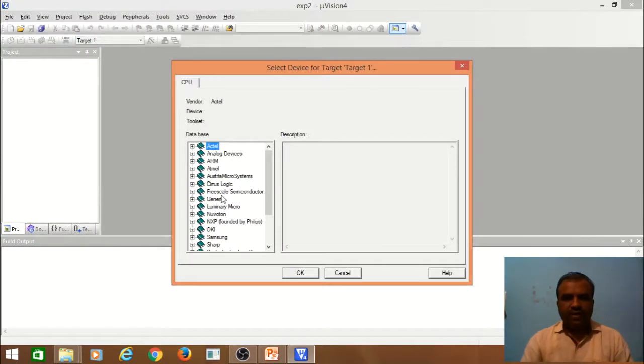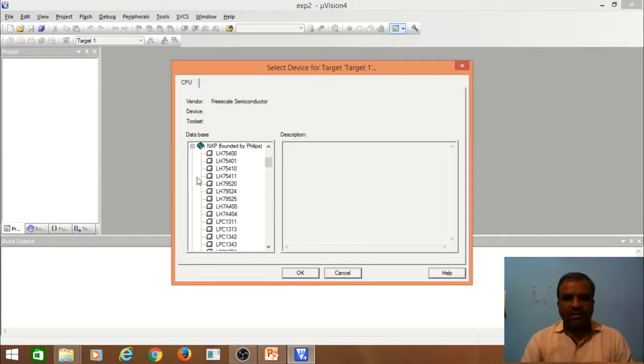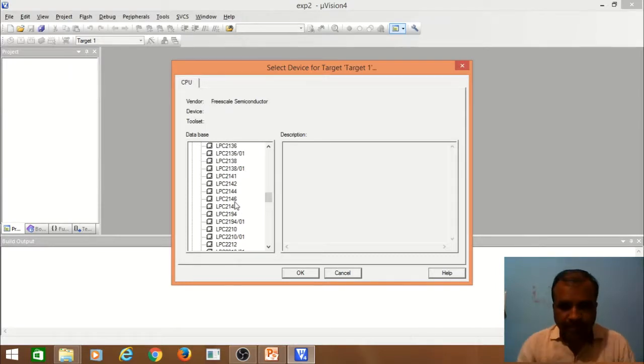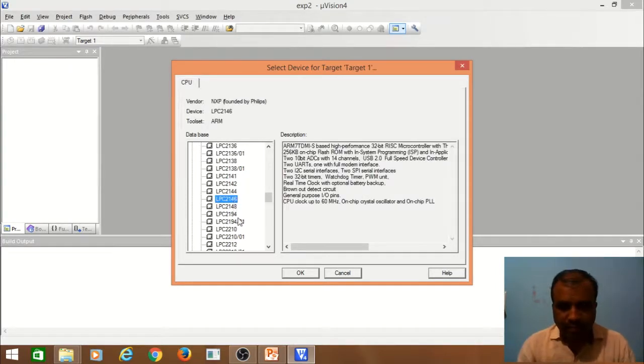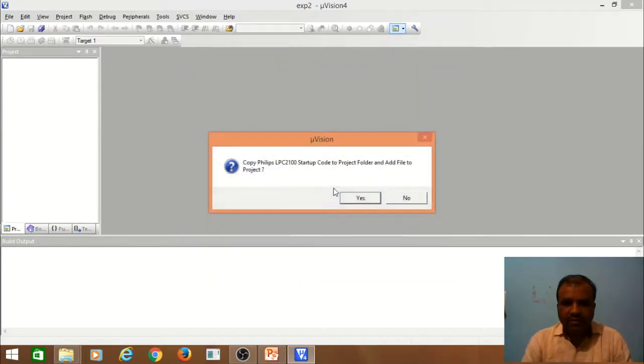Now we have to select the processor, NXP, in that LPC 2148. To select LPC 2148, press OK.